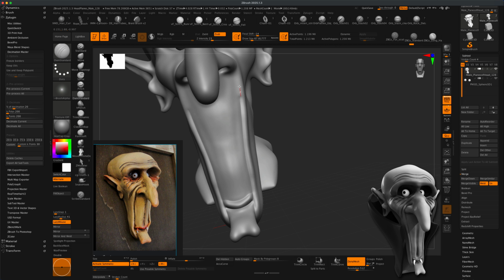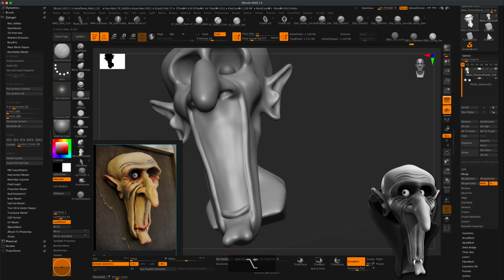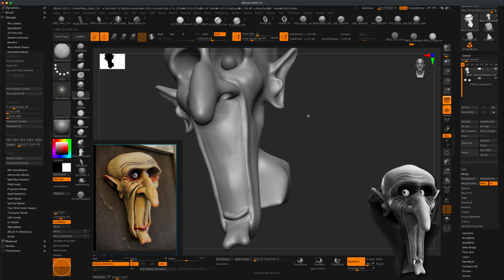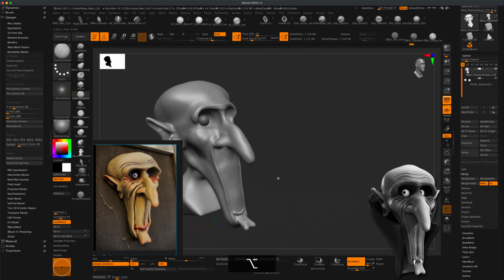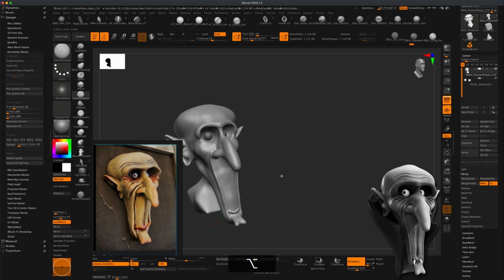I think something like that. I'm just gonna go all the way up to the nostrils. If I wanted to, I can even redefine the nostrils a little better here too, right? I can do that, and I think that's really nice. And that right there is already really close to what I'm seeing in the